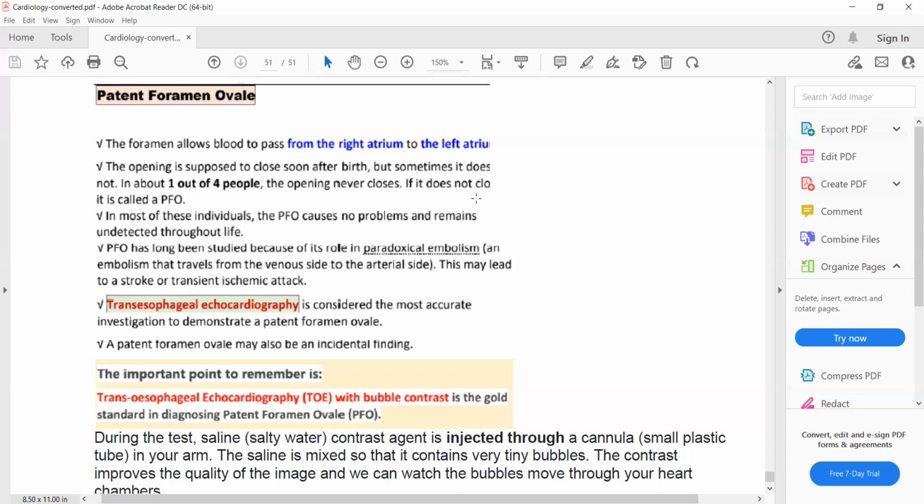Normally the venous thrombus can only travel to the lungs. But if the venous thrombus travels to the systemic circulation, then it is known as paradoxical embolism. So paradoxical embolism is basically a complication of patent foramen ovale. So the venous thrombus can travel from the right side to the left side, to the systemic arteries, such as